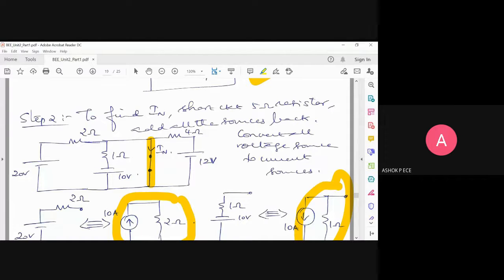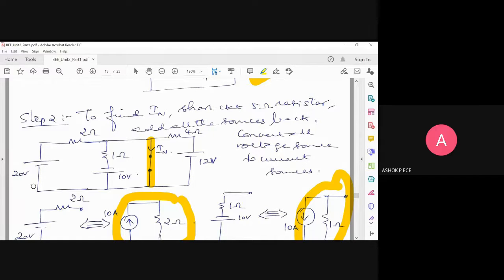And also, one confusion you'll have. I told you anything parallel to a short is a short circuit, right? So you have 3 voltage sources parallel to a short. So you cannot say, you don't have a choice which one to short. Whether I will be shorting this one, or this one, or this one, you will have a confusion there.